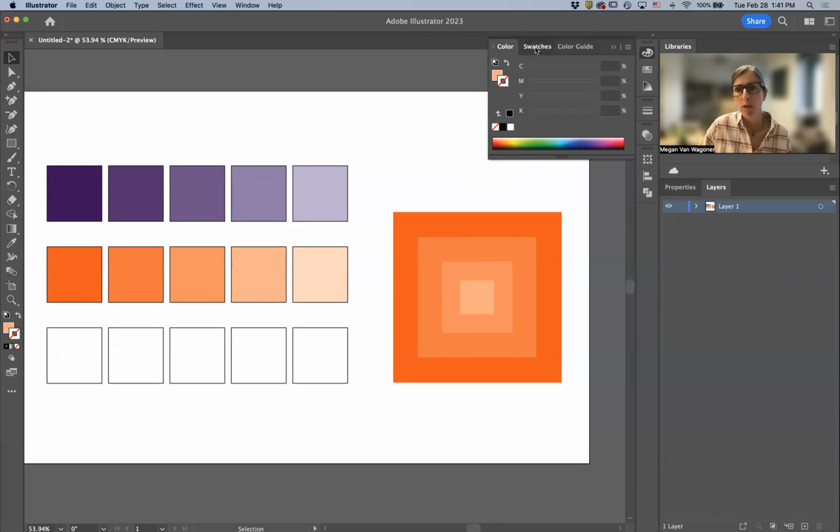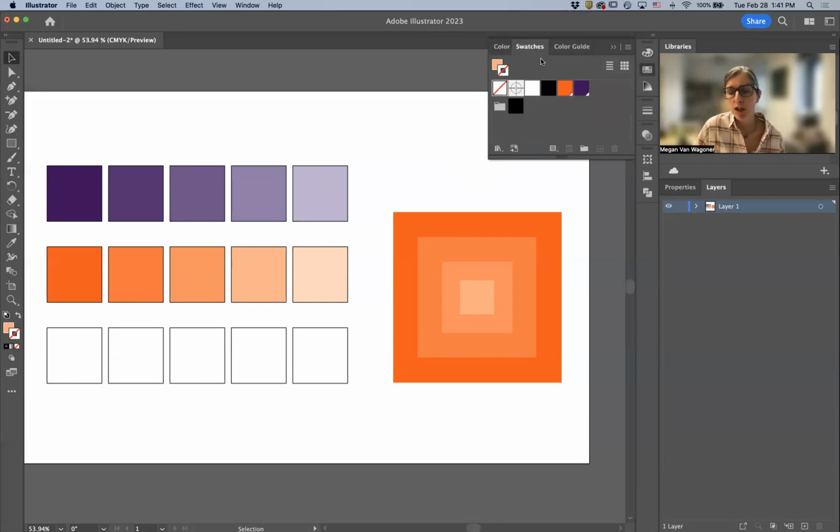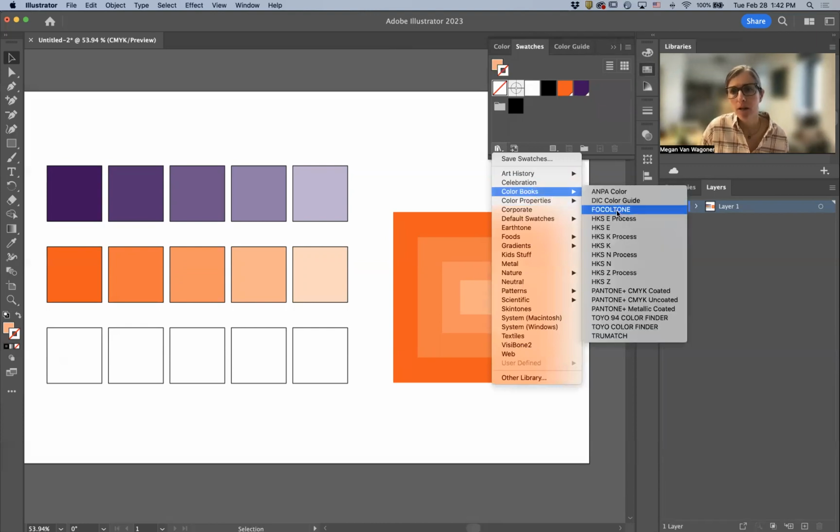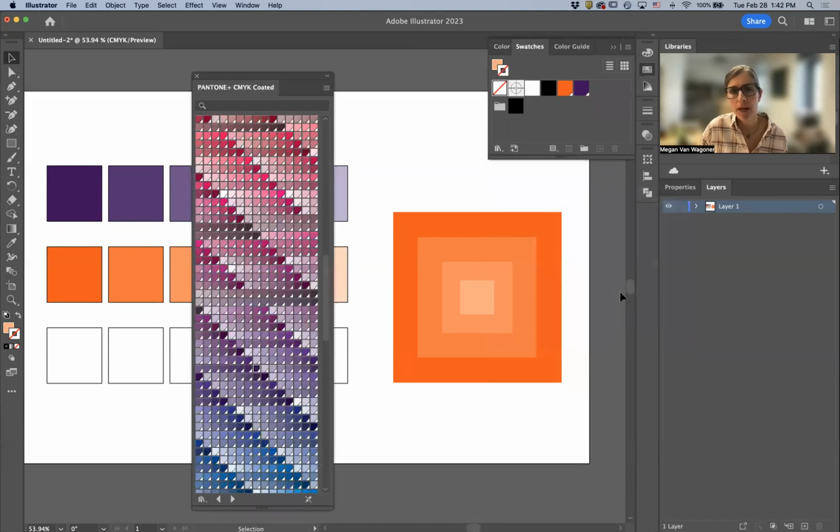Let's do just one more swatch here. Something to think about when you're choosing swatches for an illustration. You will always need at least one very dark value, something to be the dark edges of things, the shadows, the deep recesses. So I'm going to go back to my swatch library, to color books, and choose the Pantone coded